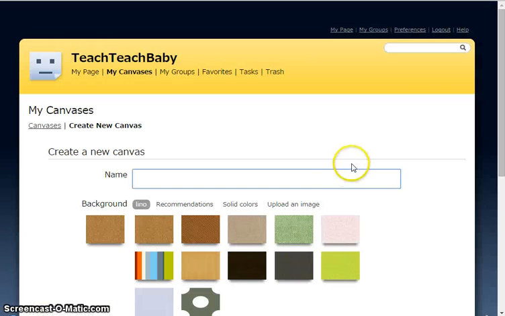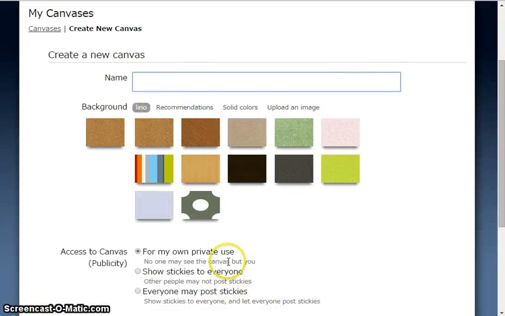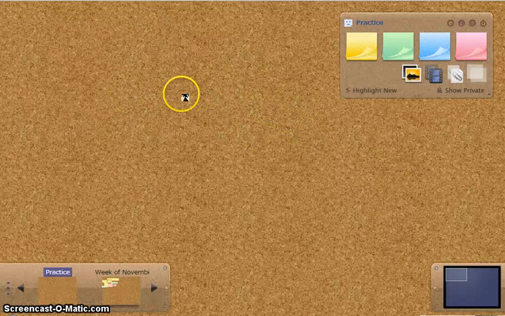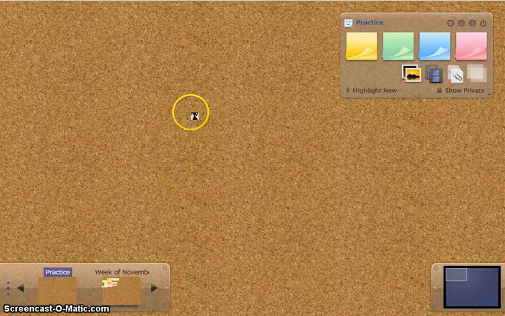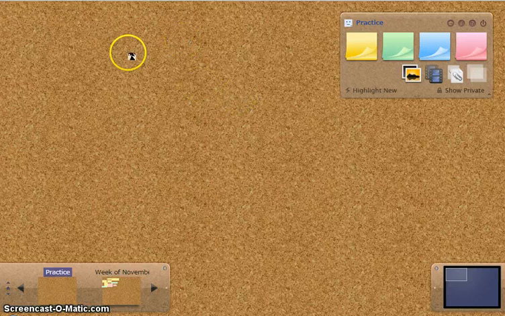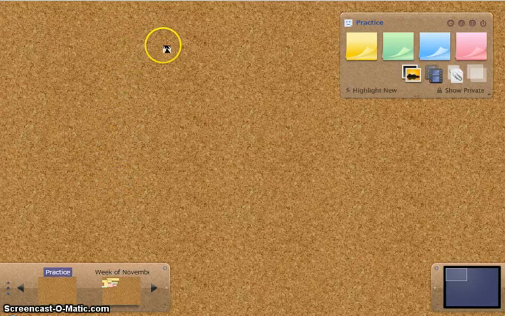It just says create a new canvas, and you can choose the background. I'm going to stick with my favorite, the old reliable corkboard. And this is what you start off with, and it can be really intimidating, but one thing that I'd like to try in the future is to do a bingo or tic-tac-toe layout so that students do have more choice,